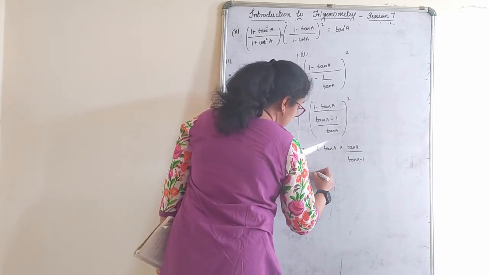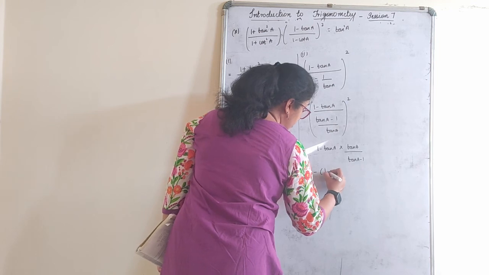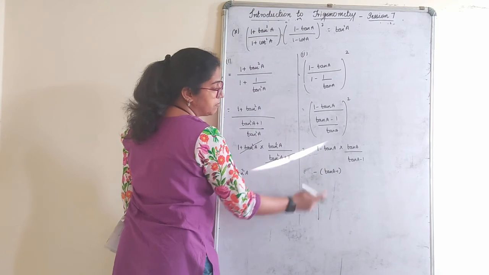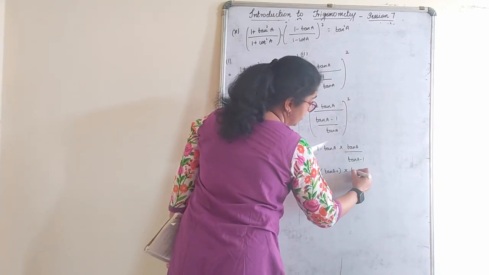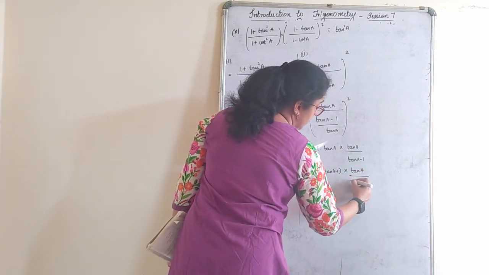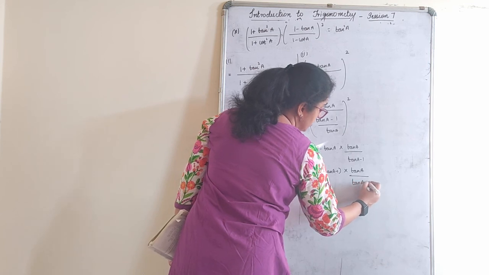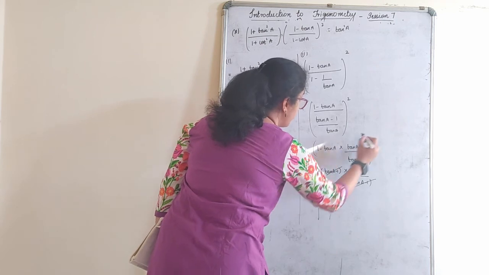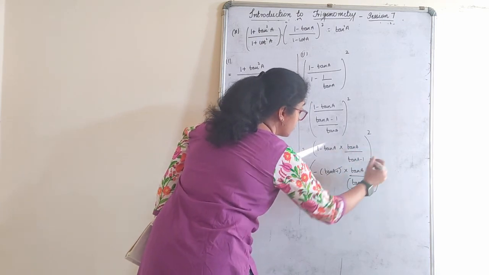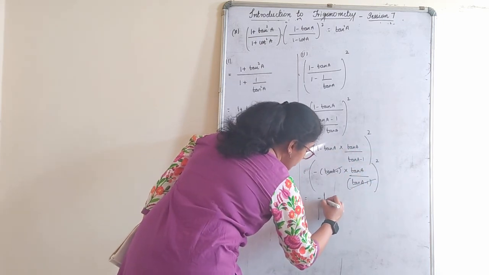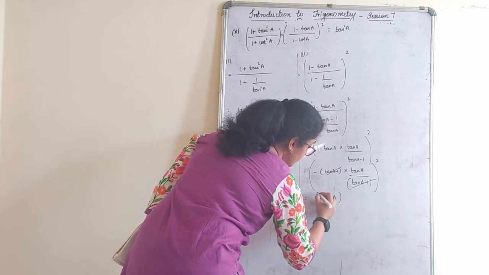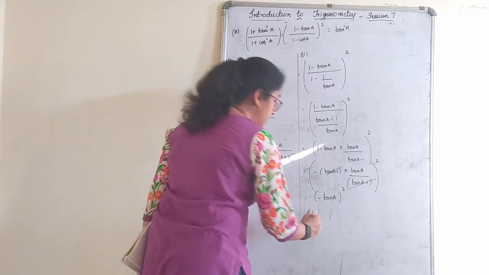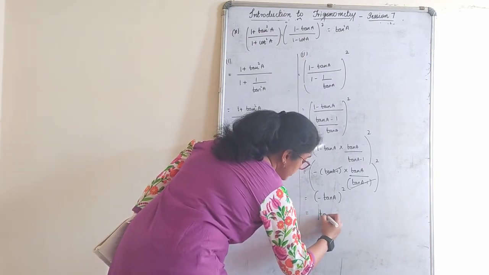What should I do? I will take minus common here. I will write this also as tan A minus 1, minus tan A plus 1 by taking minus common outside, upon tan A minus 1. Cancel. Oh, whole square, I forgot. Whole square. Whole square. Minus tan A whole square. Minus raised to even power, the answer is plus. Answer is tan square A.